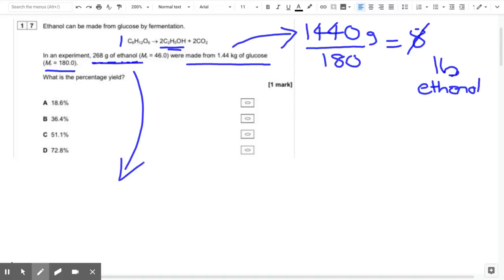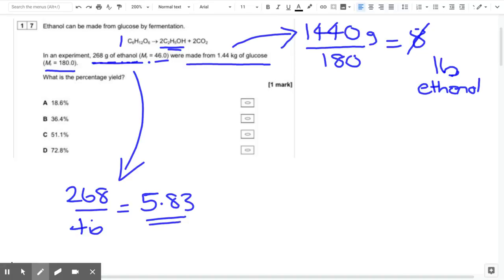So if we convert that into moles, take the 268 grams, divide by the RFM of ethanol, which we're given again as 46. So 268 divided by 46. That's not a nice round number, but comes out as something in the region of 5.83 if you round it. So we know that we've got 5.83 moles of ethanol that have actually been produced, and we should have